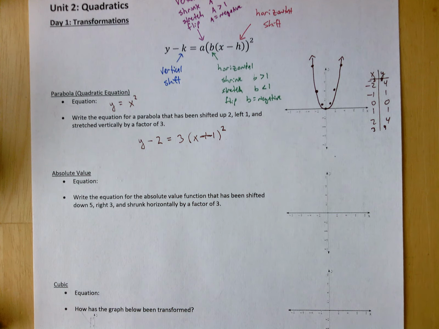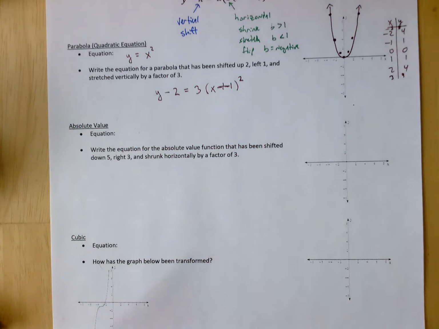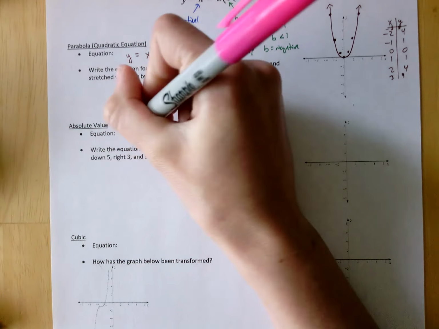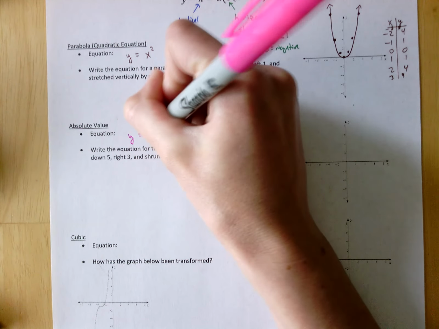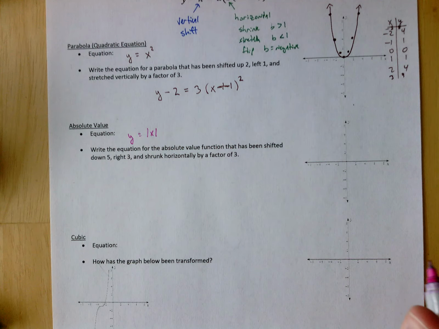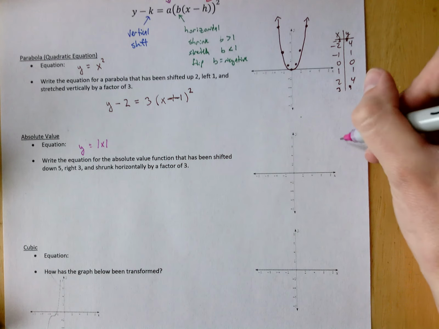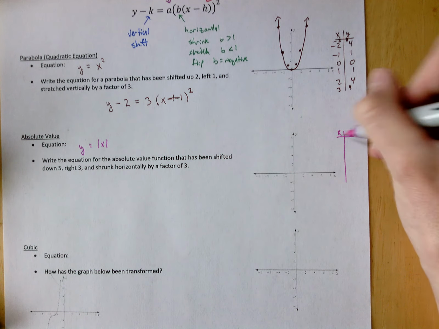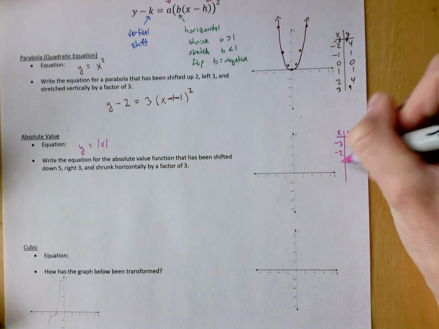All right, so let's look at our next type of graph. So down here, an absolute value graph. Okay, you remember absolute values. Those are the ones where it looks like those bars on either side of the x, right? And basically what it does is it's the distance from 0. Okay, so it tells you the distance a number is from 0. So when I look at my table of values over here, just making a quick little one,